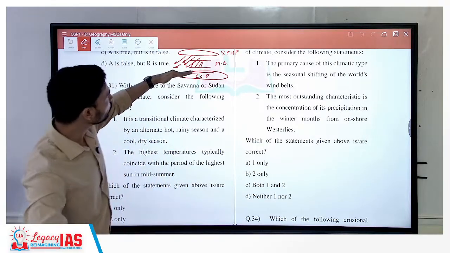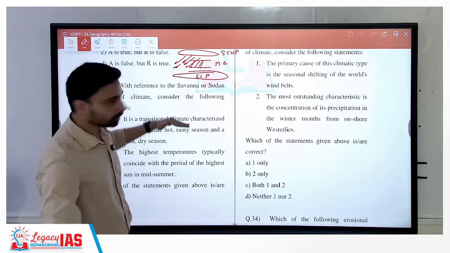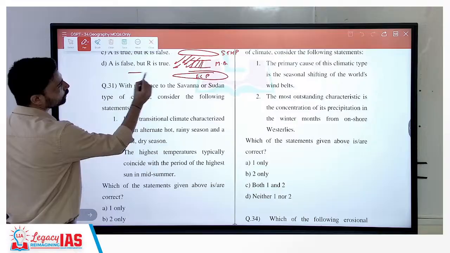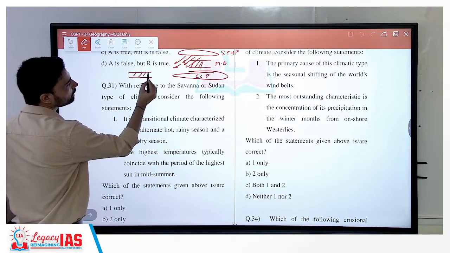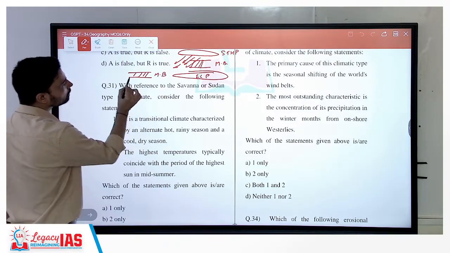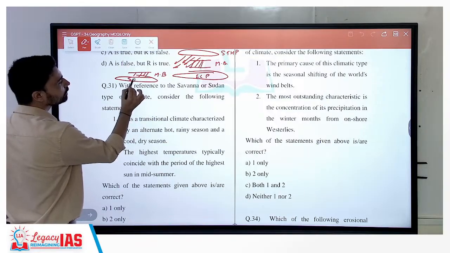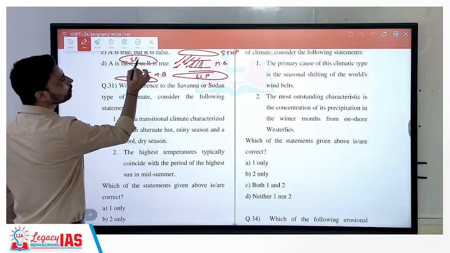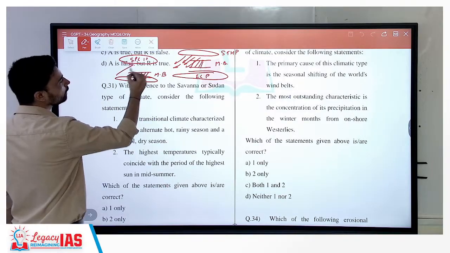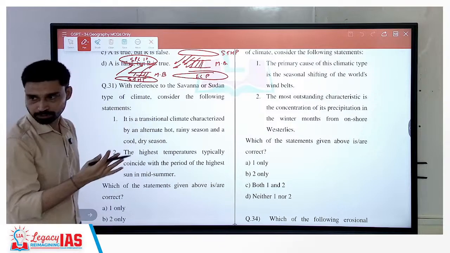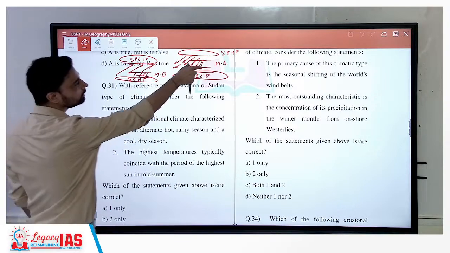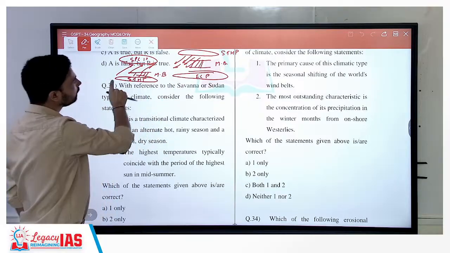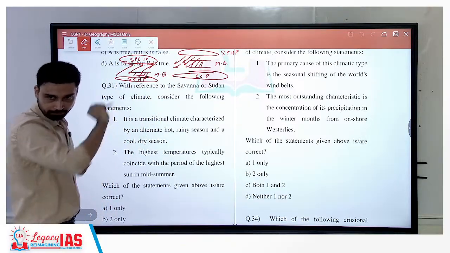In winter, what is going on? The sun is moving south, so all these pressure belts shift to the south. If you draw the condition for winter, suppose this is again your Mediterranean belt. In winter, the subtropical high pressure belt reaches somewhere here. And on this side, what do we have? Subpolar low pressure. And which wind is blowing here? Westerlies. So what is going on in the case of the Mediterranean belt? In the summer, you have northeasterly trade wind. In the winter, it is experiencing westerlies.